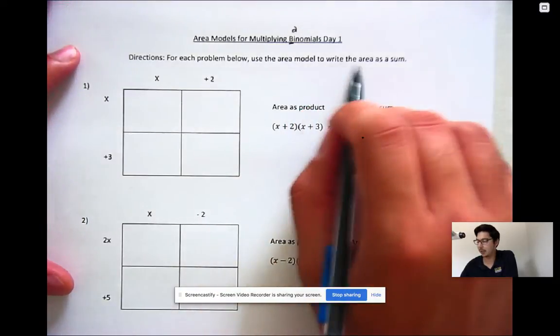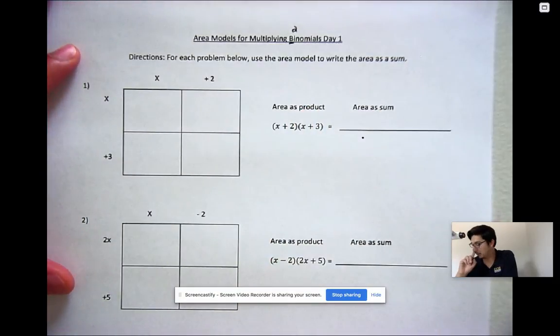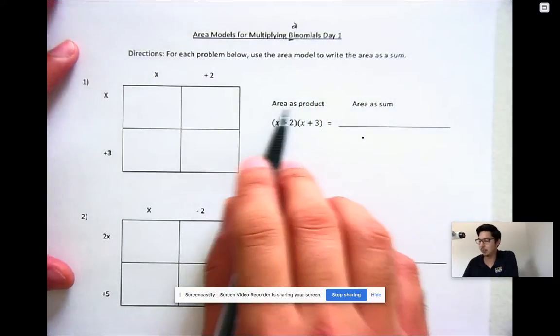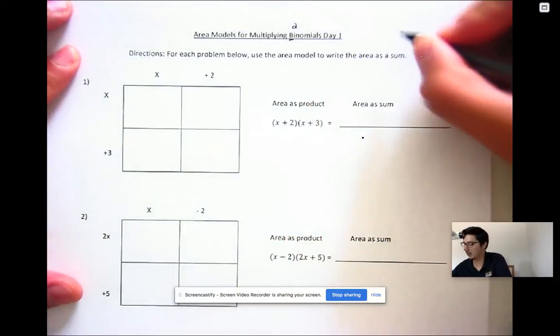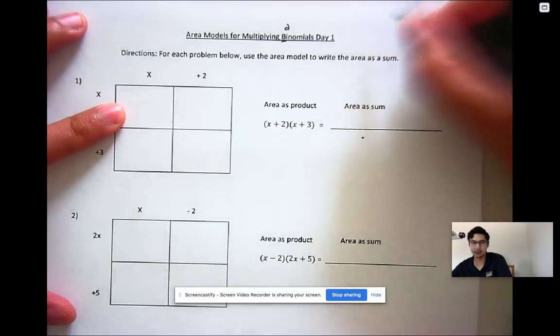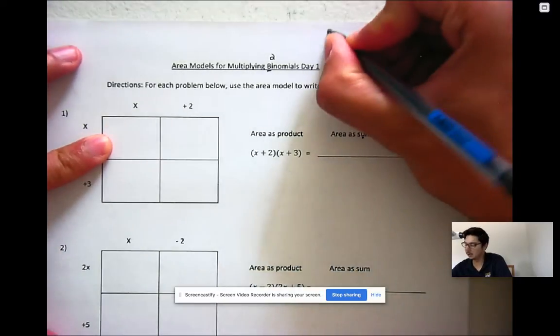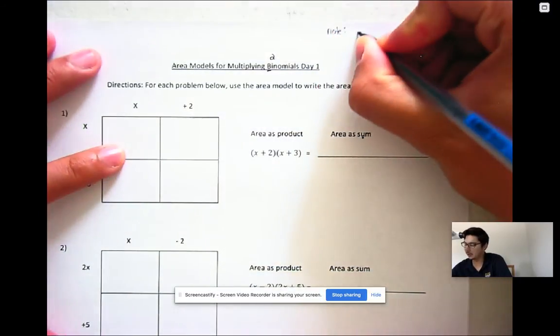And the directions for these are for each problem below. Use the area model to write the areas as sum. Now, there's 2 words we use. We use area as a product and area as a sum. Now, if we're looking at a rectangle, so this will be a little side note. Say we look at a rectangle